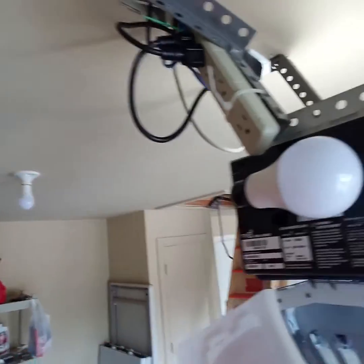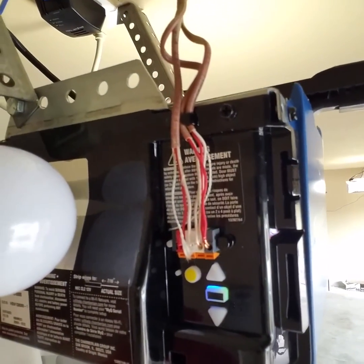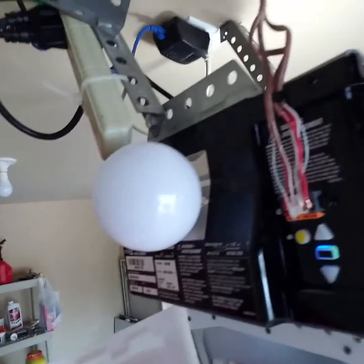So when you take this off, you'll see how we have the lights here. This is solid green now, and this is my secondary MyQ device. So what I had to do was basically leave my first one set up per the instructions, and then on the second one, what you have to do is, see the light that's blue right now? You have to hold that down for 6 seconds and it'll erase all your Wi-Fi settings. And then what I did was I unplugged the device for about 5 minutes from the wall, plugged it back in, held down that black button there again for 6 seconds, and then when you go into the MyQ app